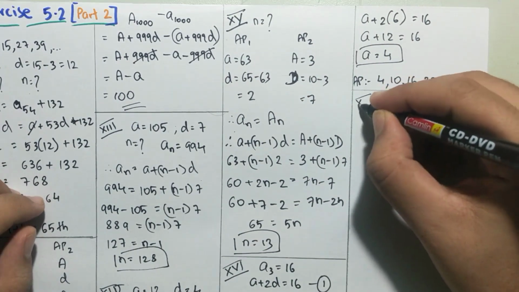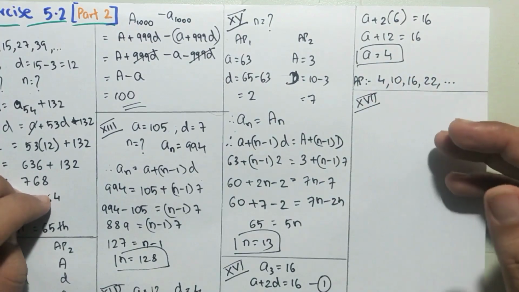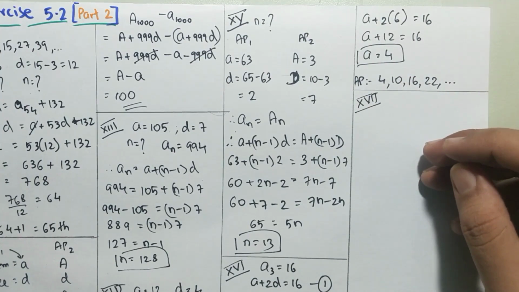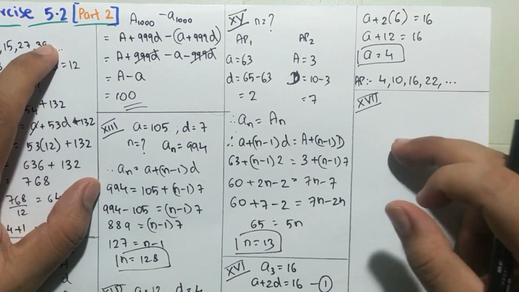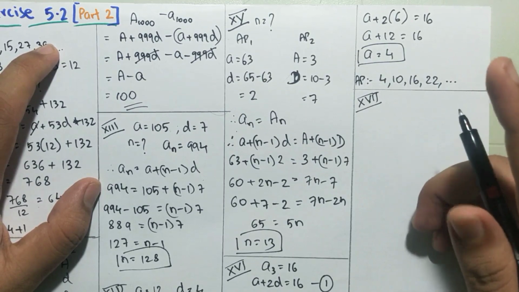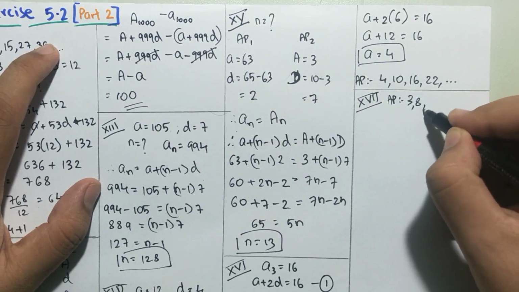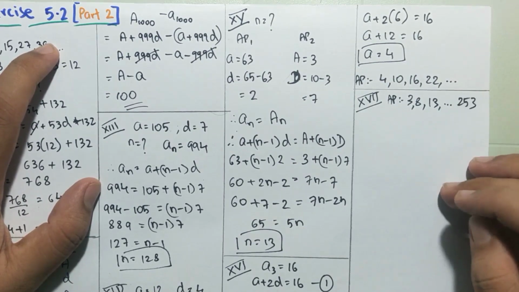In the 17th sum, you may or may not have noticed, I am trying to do all the sums because in each and every sum something has to be explained. That's why these sums are important. Each and every sum has a different perception or point of view. The 17th question is, find the 20th term from the last term. The AP given to us is 3, 8, 13 dot dot dot till 253.